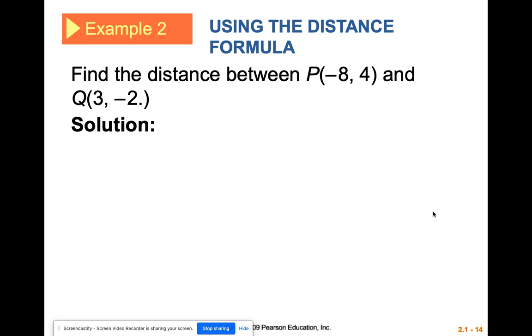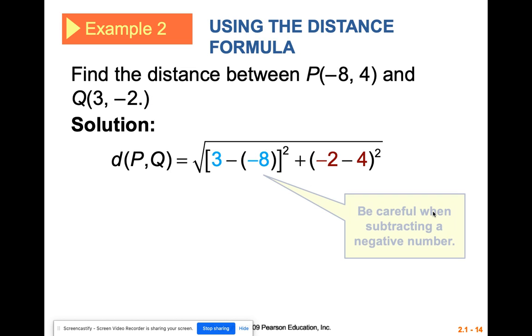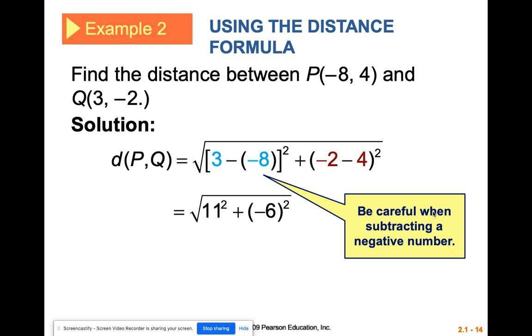So here's an example using the same numbers. So we can use the Pythagorean theorem, but if we use the distance formula, it would need to be set up this way. 3 minus a negative 8 is 11. 11 squared is 121. Negative 2 minus 4, that's negative 6. And when you square it, it's positive 36. So we get